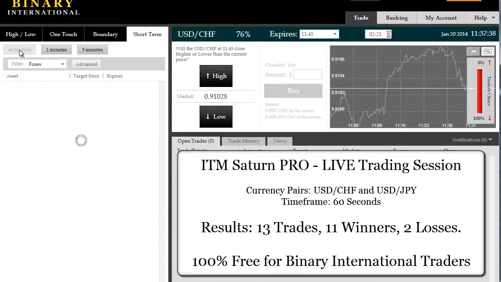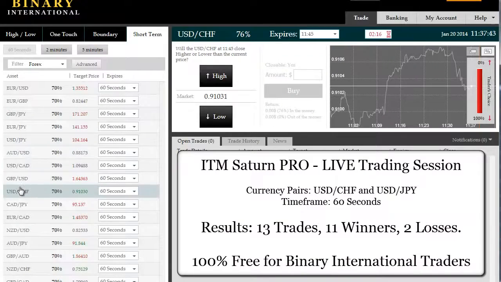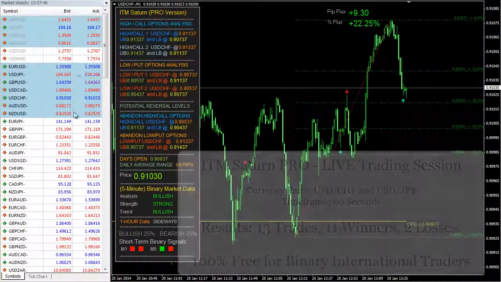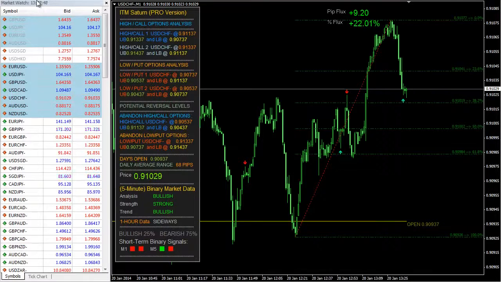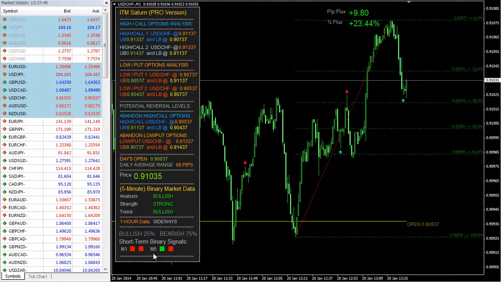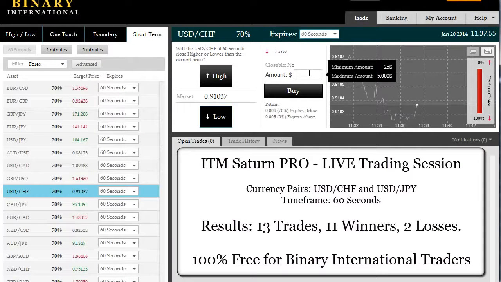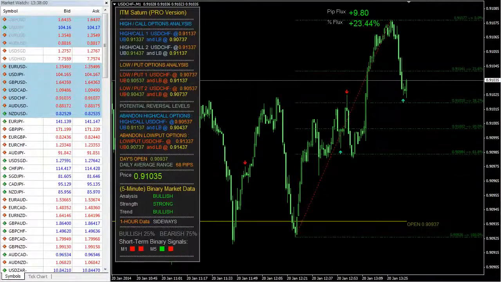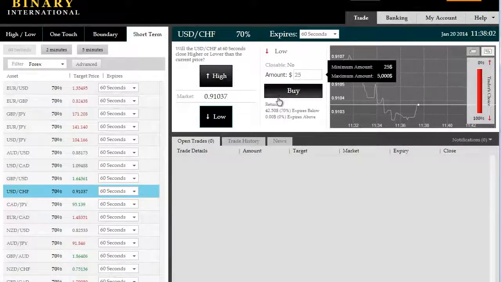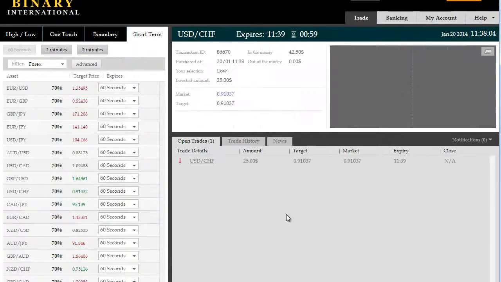So we're going to start with the US dollar Swiss franc. We're going to choose a 60-second time frame. Make sure the pair is selected and go back to the Saturn Pro terminal. The time right now is 13:37:49. We're looking at the short-term binary signals probabilities and going short on the US dollar Swiss franc for an investment of $25. What you need to look out for is the probabilities, and we're now going to take a